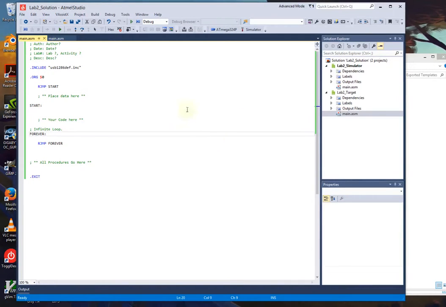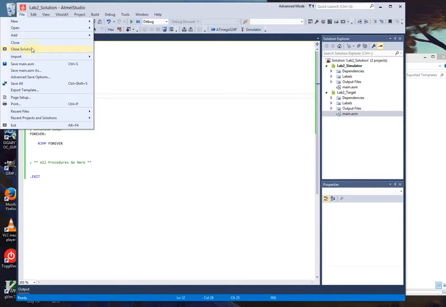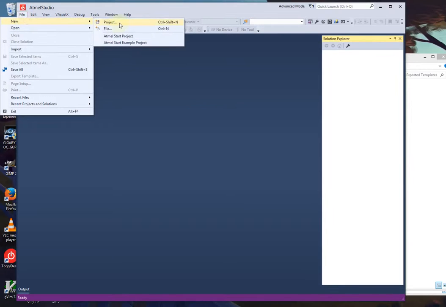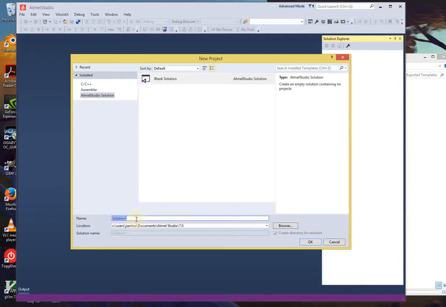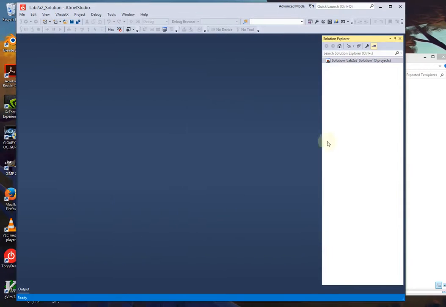So suppose I have another activity that I need to work on, and I don't want to do this all over again. When you're done with your project, you can just go to File, Close Solution. I will close both projects. And I want to start a new project. File, New, Project. Same deal though. We need an empty solution. Let's just call this Lab 2 Activity, let's say that you have another activity, so activity 2 solution. Okay, click OK. I have an empty project, but now I can say File, Add, New Project, and if I go under Assembler,